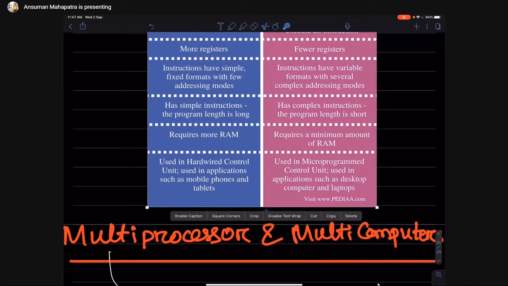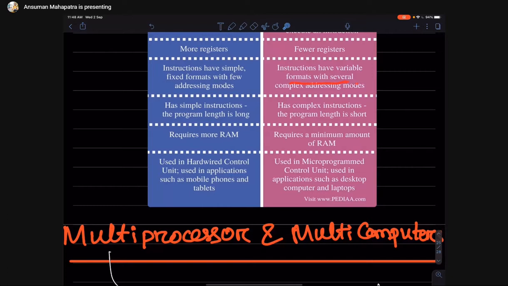In RISC, instructions have a simple fixed format with few addressing modes. What is an addressing mode? We will see in later classes how to address each byte inside the memory, addressing and all those things later. And in CISC, instructions have variable formats.